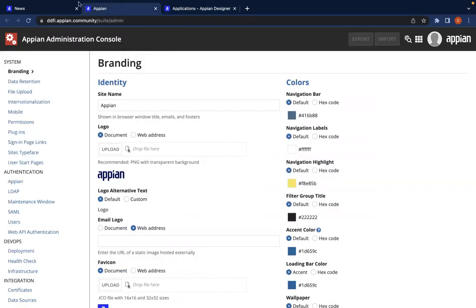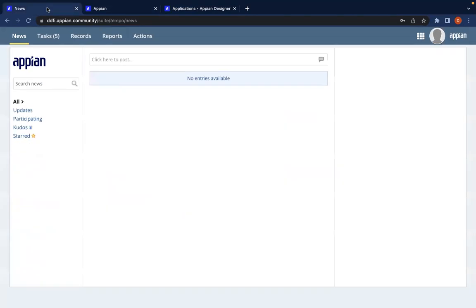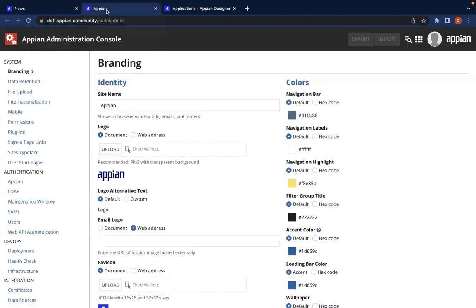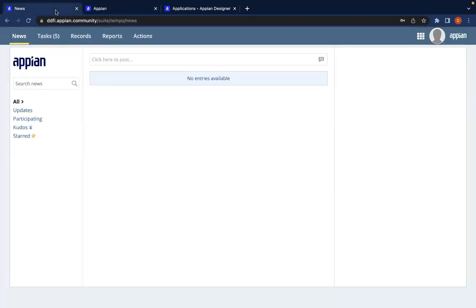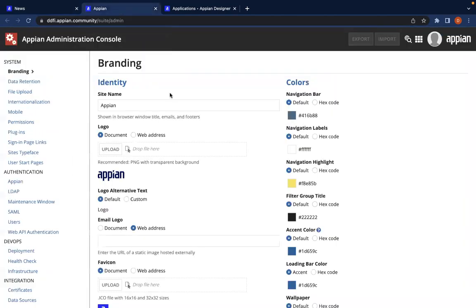Okay, so maybe you people are new, maybe you get confused. But just try to get an idea about it, not deeply. I mean, not practically or theoretically regarding Appian, just to know what Tempo is. Okay, this is Tempo. Yeah, this is the admin console. So here we can create users and everything.